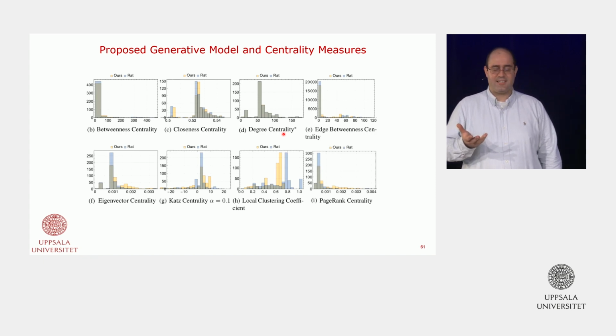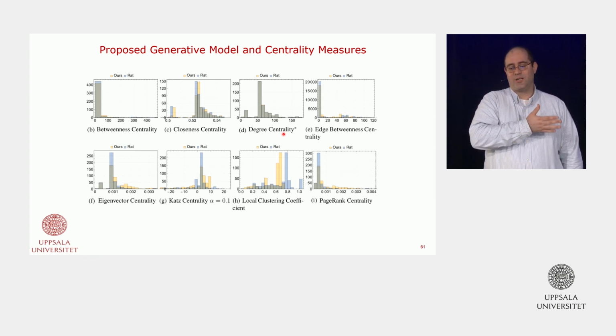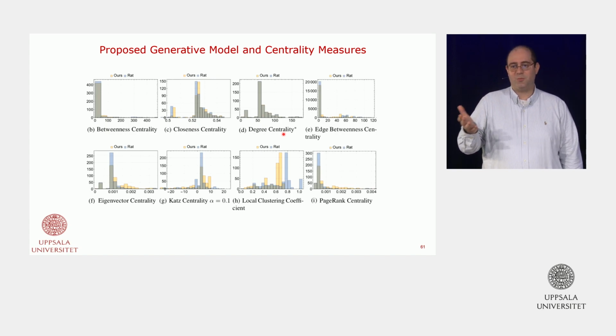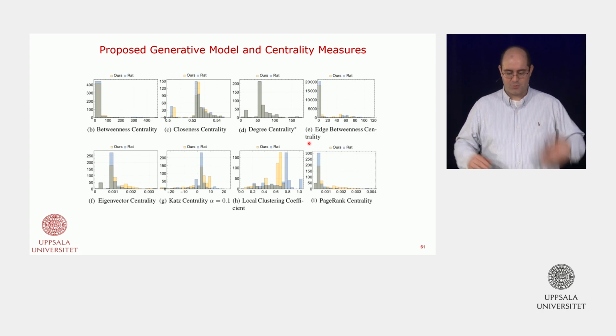Which is not surprising, given that what we were doing is trying to bootstrap the degree distribution, so the degree centrality will be pretty much the same. But it is, in my opinion, very interesting to see that some of the metrics that may be relevant for other aspects were definitely not relevant for the case where we have these trade-offs between the minimum number of driving nodes and the time to control. So that said,